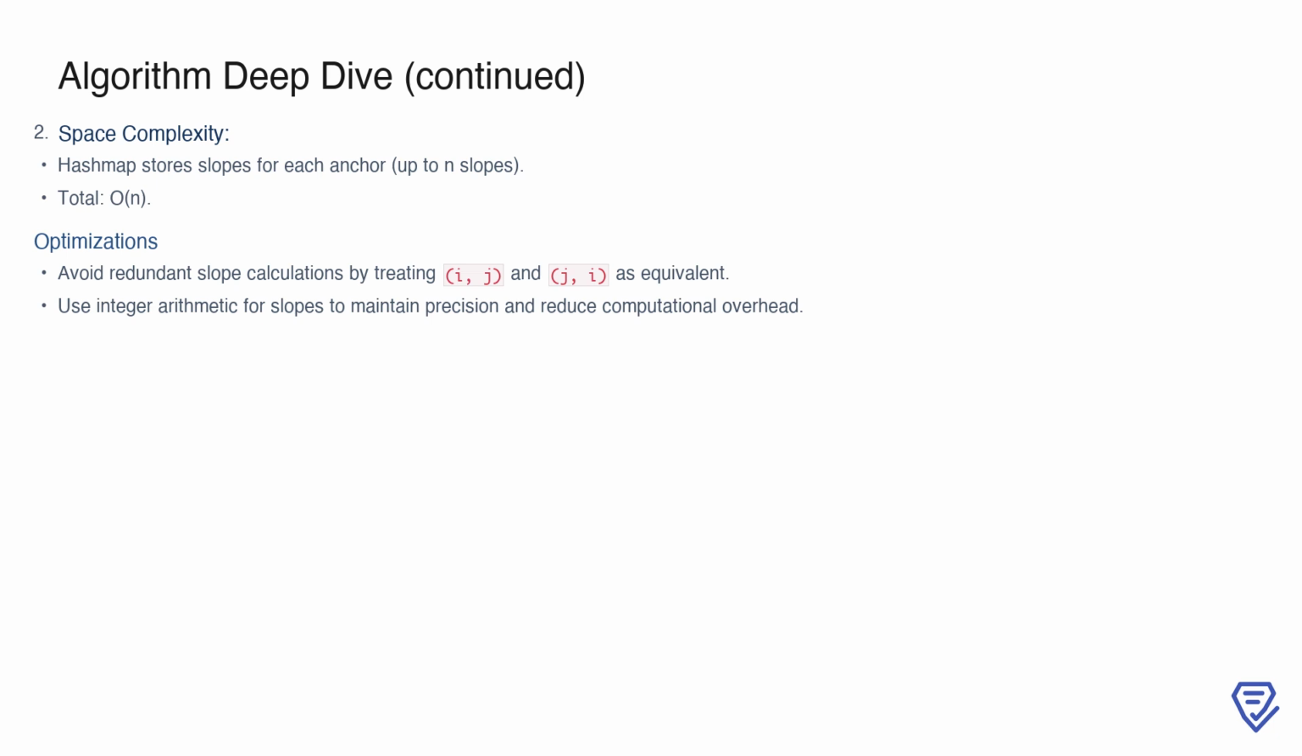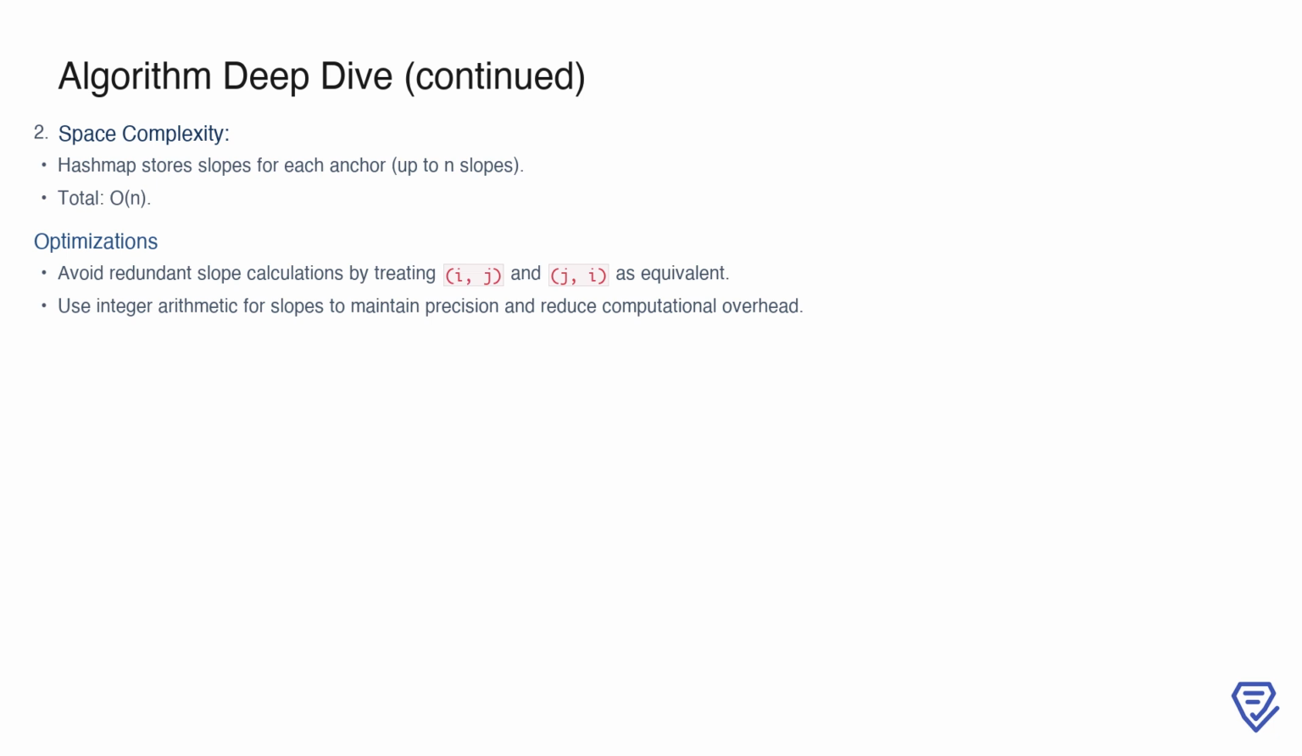To further optimize the algorithm, we can avoid redundant slope calculations by noting that the slope between points i and j is equivalent to the slope between j and i. This reduces unnecessary work. Additionally, using integer arithmetic to represent slopes not only ensures precision but also reduces computational overhead compared to floating point operations. Together, these optimizations make the algorithm robust and efficient for determining the maximum number of points on a single line